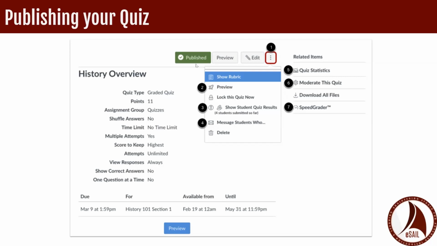They cannot enter it until the window of time that you've designated. So if you do not have an availability window set and you want to keep students from working, you can lock the quiz. That way students will be able to see the test, but they can't go in until you unlock it. In order to see the results for the student submissions, you will click right here where it says number 7 on SpeedGrader, and that will open up an interface where you can see the students' individual responses. That's also where you can access some of the information about the student attempt.